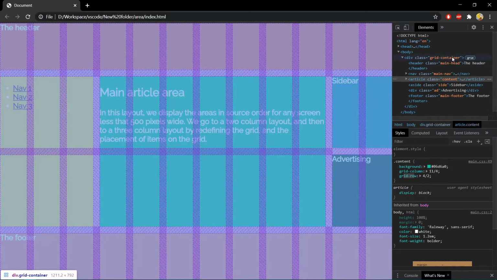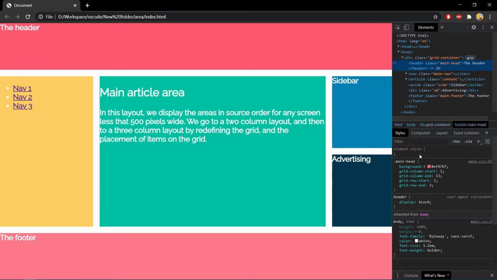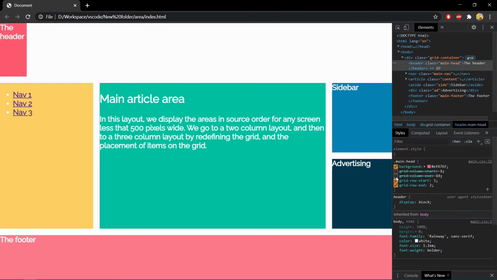So beginning with the main head, let me uncheck all these properties and define grid area.